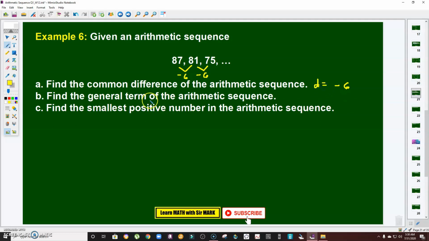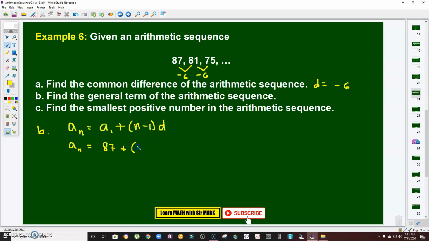See that? Next, find the general term of the sequence. That means we're looking for a sub n. So take note in getting the a sub n, this is the formula: the first term plus n minus 1 times d. Since the given first term is 87, plus, we don't know n,